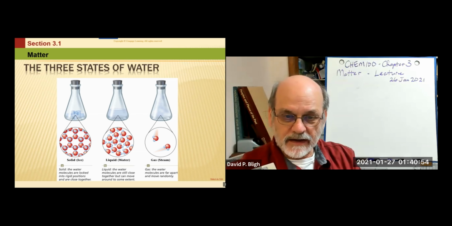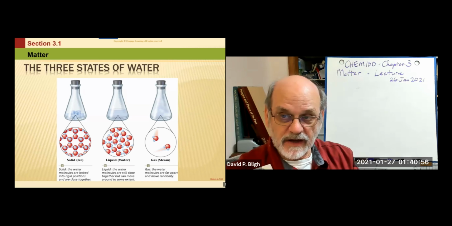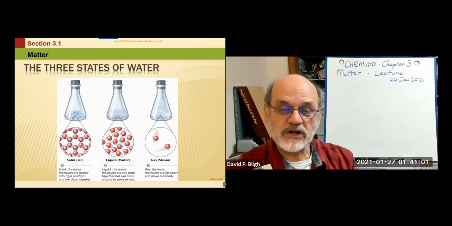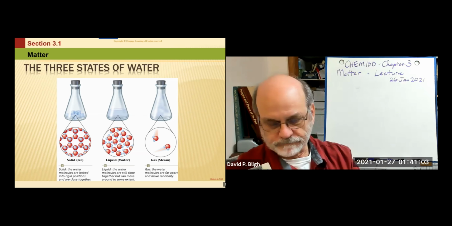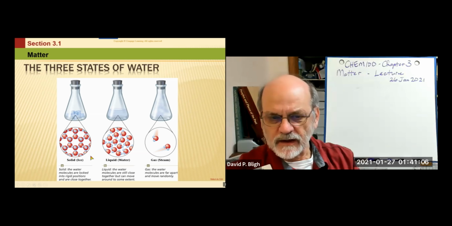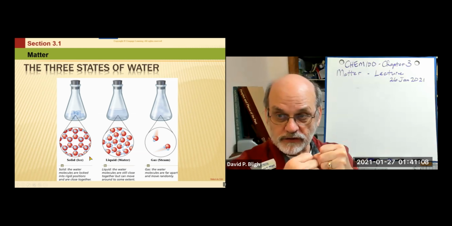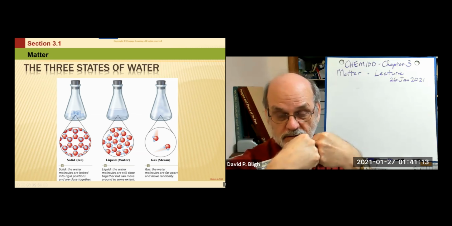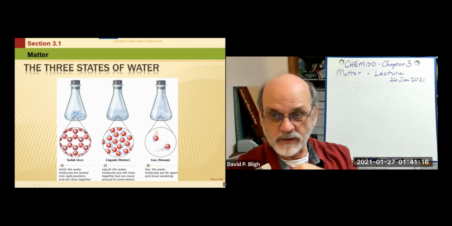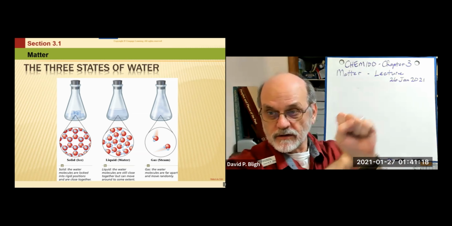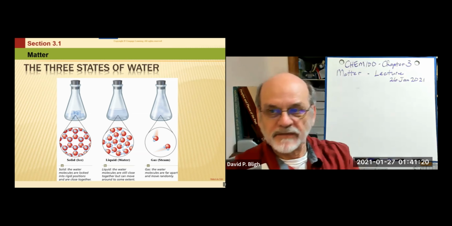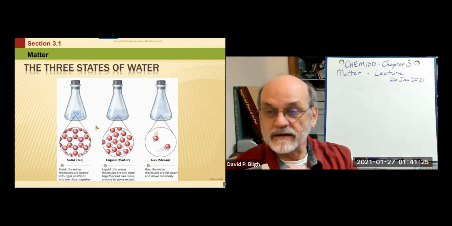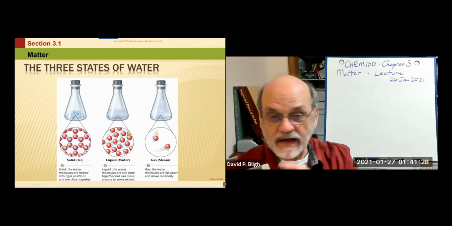Liquids, however, can retain their volume, but they will not retain their shape. They need a vessel to hold them, and they assume the shape of the vessel. Now, the basic difference between the two is that in solids, the molecules or atoms don't move except to maybe vibrate in place. Whereas liquids are free to move and flow past one another. They still interact, but not as strongly as in solids. And then gases,